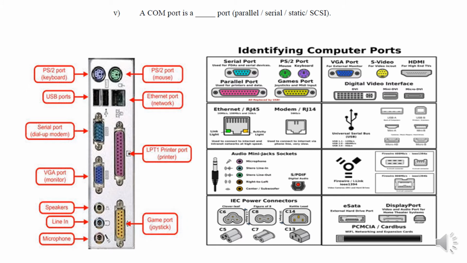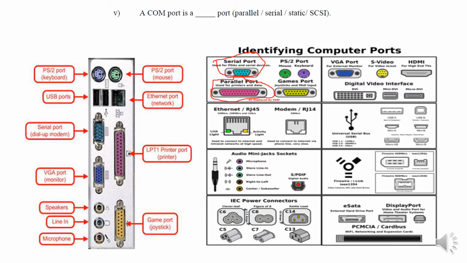A COM port is a dash board. We already saw in the very first question that a COM port is a serial port, and the parallel pink-colored port on the back side of our computer is a parallel port, while this COM port is a serial port. These are PS2 ports, for mouse and keyboard. Nowadays USB is the universal port and we can attach any USB compatible device through USB, but these are dedicated.